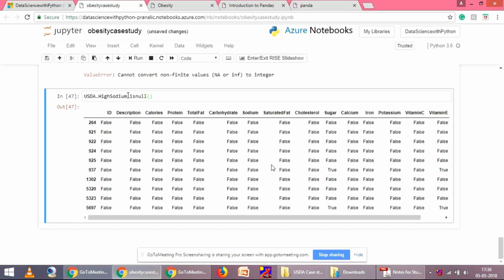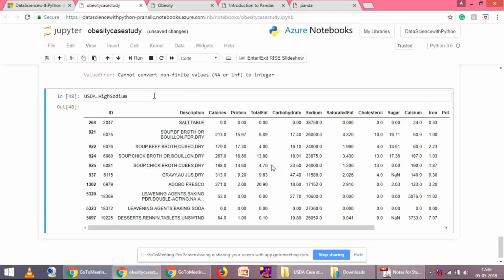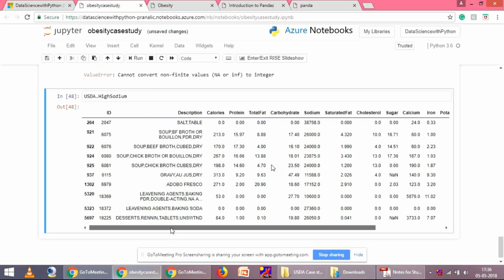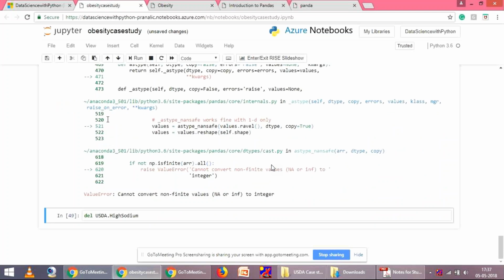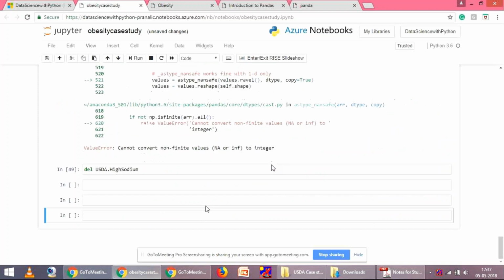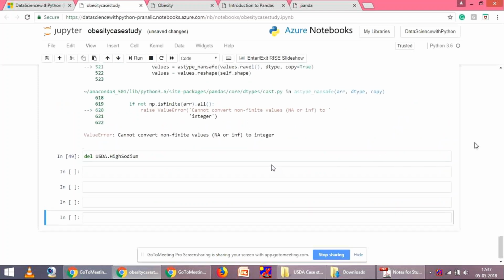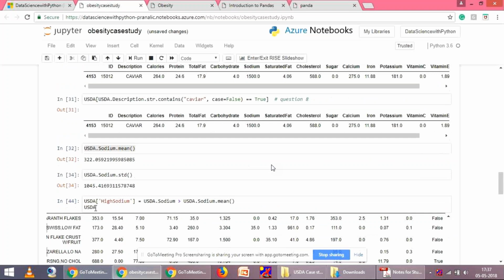is null हटाओ एक बार आप। हाँ, ये प्रिंट करिए। हाँ देखो, आपका ये सीरीज होना चाहिए, आपका डेटा फ्रेम है ये। इसको डिलीट कर दो, del कर दो इसके आगे। del USD dot high sodium कर दो। बस, हाँ, इसको एग्जीक्यूट करो। अब फिर से बनाओ उसको आप, जो ऊपर बनाया था ना आपने, फिर से बनाइए आप। हाँ राइट, इसको एग्जीक्यूट करो।